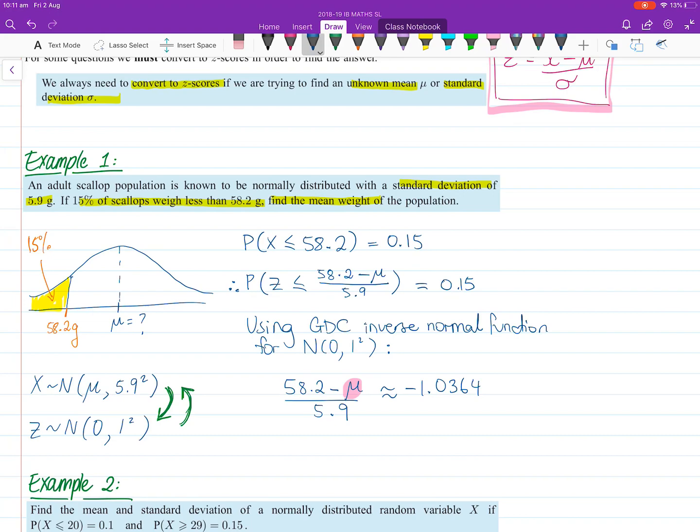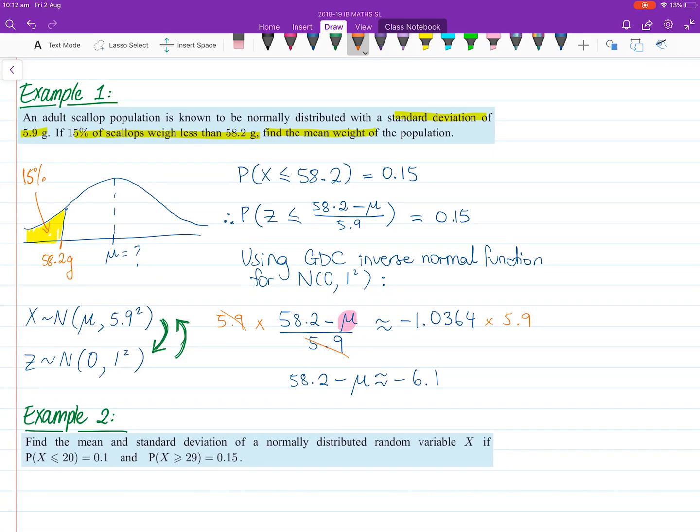We're trying to make mu the subject, so multiply both sides by 5.9, and then we get 58.2 minus mu is approximately negative 6.1. Let me write this bit in for you so you don't get confused. Times 5.9, right? Okay, and then what do we do? We minus 58.2 from both sides and divide by negative 1. I'm going to trust you guys to do that, and therefore the mean we get at the end is approximately